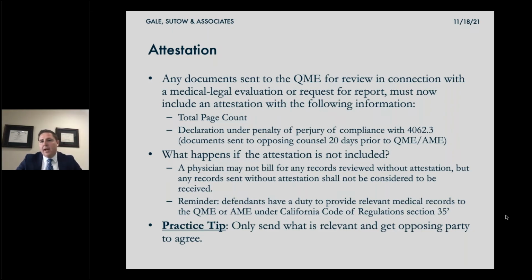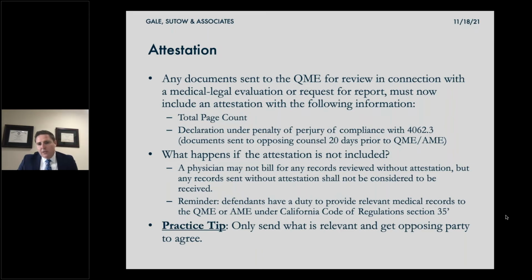I've included this practice tip: if you're going through these records and you're performing one of these attestations of information you're going to receive, go through and pull out any of those unnecessary records. Get rid of those duplicates. Get rid of that 1,000 pages on the applicant's ingrown toenail when you're dealing with a back case.